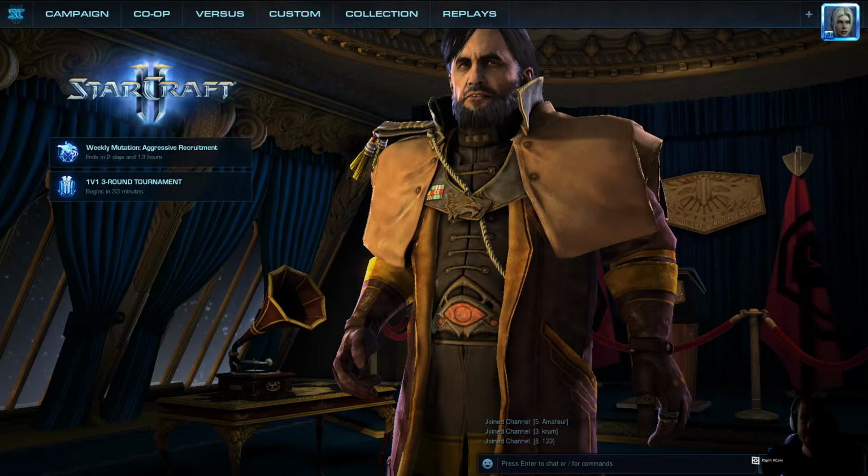We'll click on the settings in the bottom right, and below output you'll see audio. So click audio,